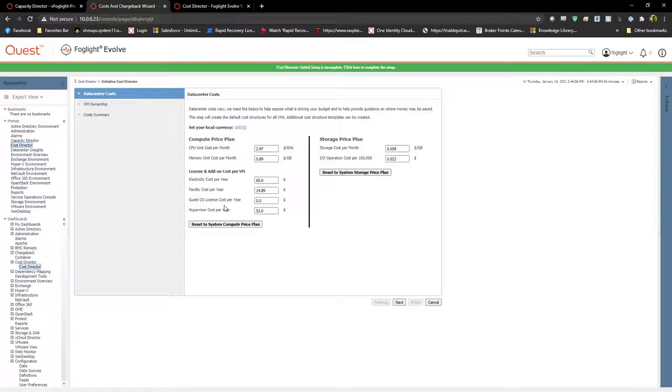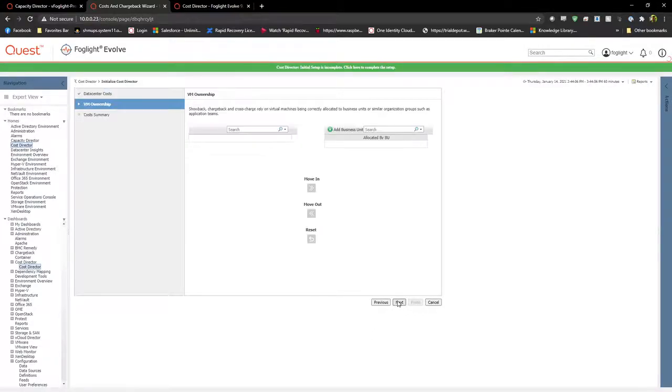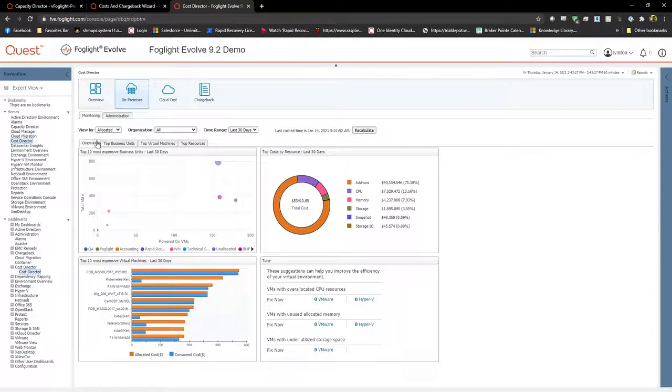They will have to do some calculation, but it comes down to first figuring out the cost of the server, the CPU, RAM, and disk space of the server, and then breaking down that cost. So you'll fill out these numbers. We also have a basic pre-populated plan. Then you divide up the virtual machines into different business units or whatever is significant to that customer. After you've done so, you would hit finish, and then we'll jump over to another installation.